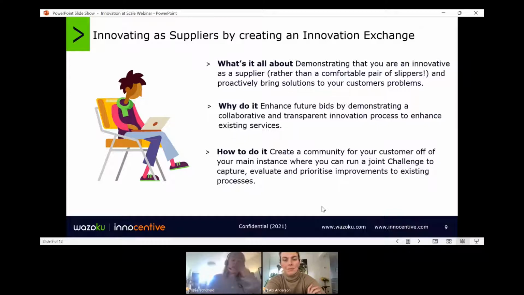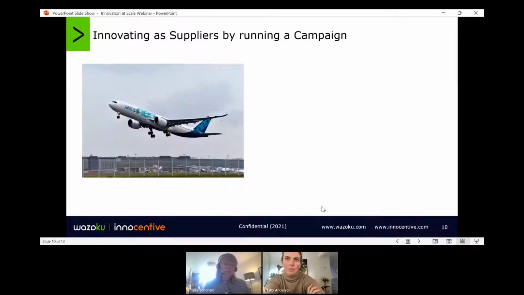So again, this isn't just around future bids, it's around evidencing that you know how to innovate and you're going to bring specific solutions to that customer. And of course, it doesn't just end with that customer. What you can learn from one customer, you can also apply to another customer. So you may see that you've identified a solution in one customer area that can then be applied to another customer. So really that overarching view of how we are doing supplier innovation, as well as the other way around.